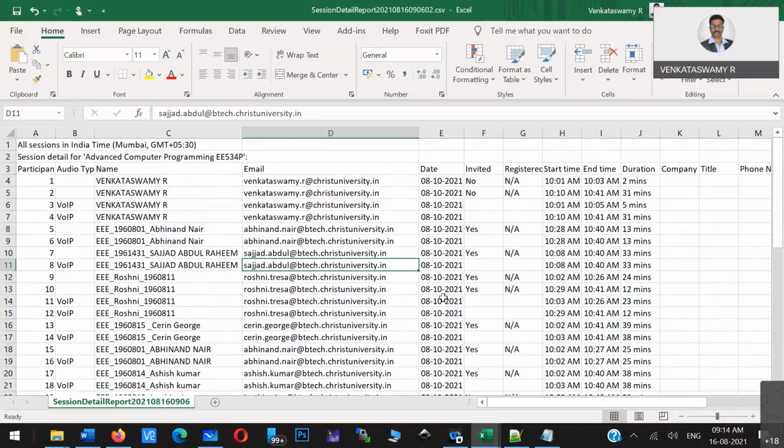So for the time being, what we will do is, if the email ID is present in this particular list, then we'll give attendance, otherwise we will not give attendance. So that logic we'll use. Okay, so now this one is clear. The problem is clear, and the solution is also clear. So now we have to go for programming.